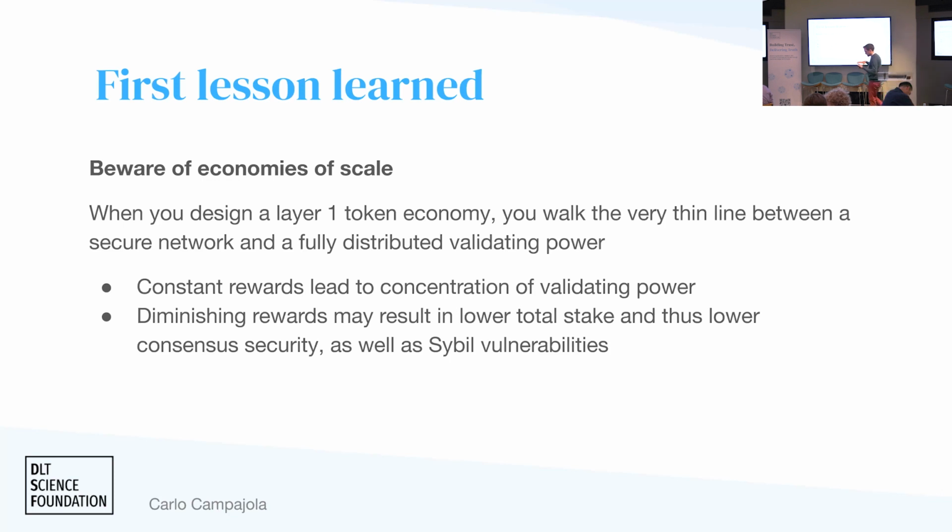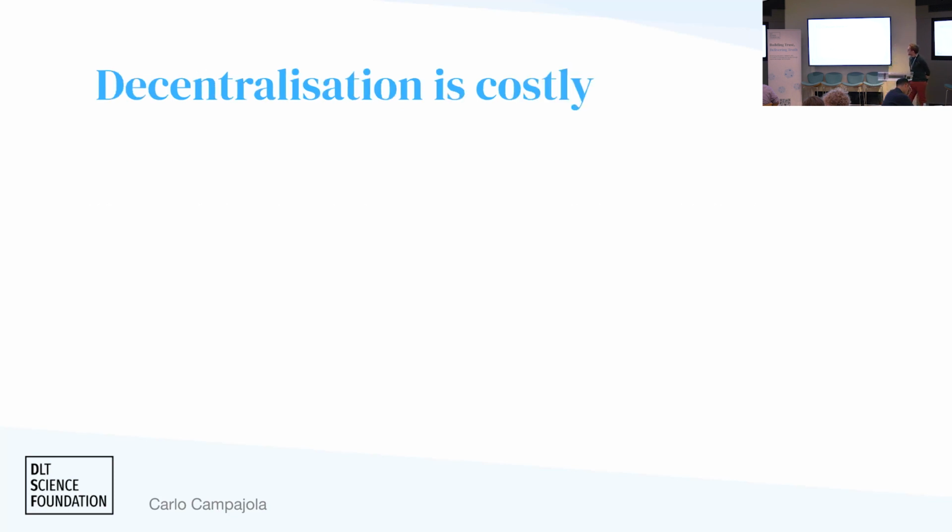If you have diminishing rewards, so let's say that if I mine the first 5 blocks, I get a reward, and then if I mine the second 5 blocks, 5 to 10 blocks, I get half that reward, let's say. I have no incentive to mine more than 5, except if I open another account, set up another node, and mine 5 blocks here, 5 blocks there. That's a Sybil attack. I'm flooding the network with multiple nodes, and I'm getting rewarded for doing that. So diminishing rewards don't really solve this problem either.